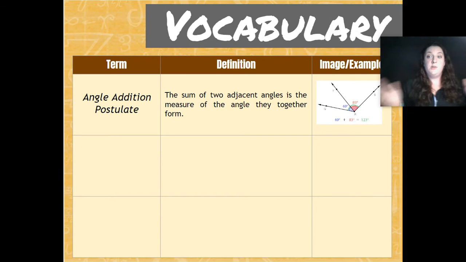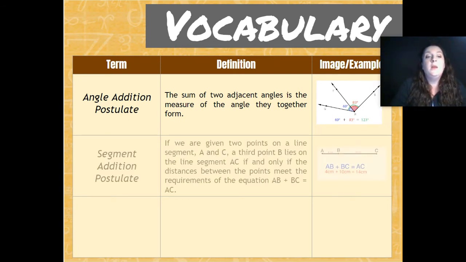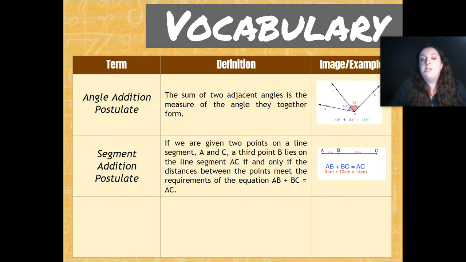When you add those two angles together, it equals a number. So it's just saying that the two smaller angles added together will give you the larger angle. You have a segment addition postulate, which is